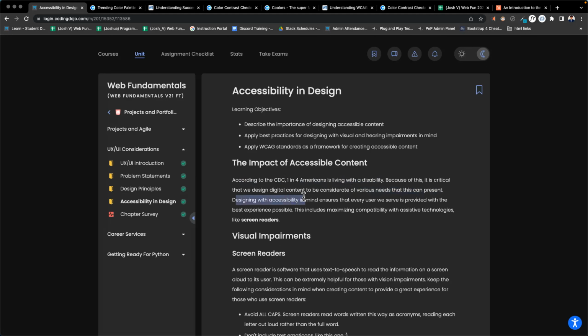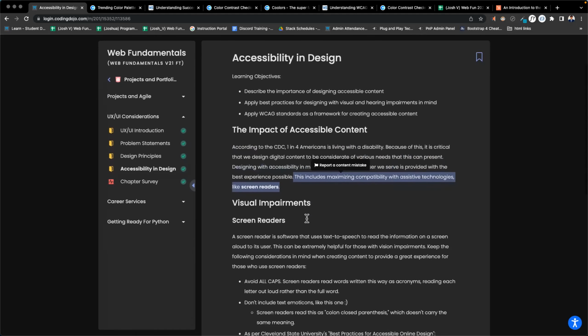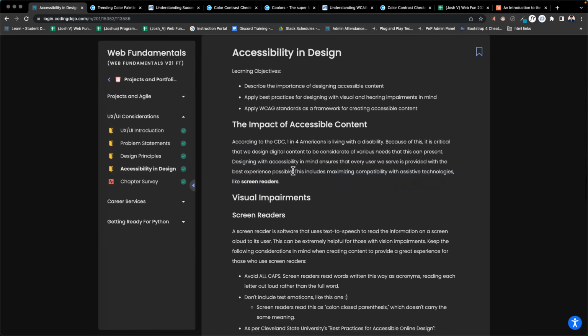Designing with accessibility in mind ensures that every user we serve is provided with the best possible experience. This includes maximizing compatibility with assistive technologies like screen readers. When I worked at a bank, I had to watch tons of compliance videos, and it finally clicked to me: when I'm working on accessibility, I'm helping the person using a bank that needs to